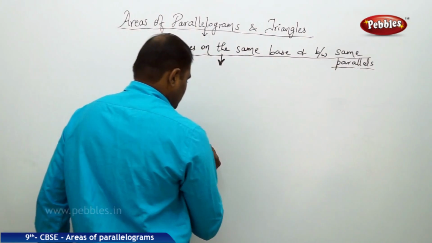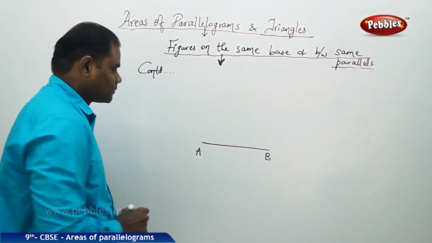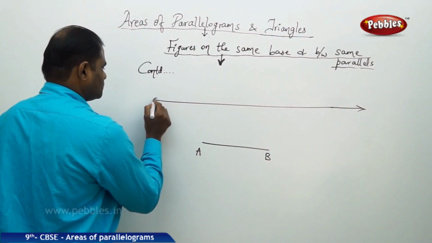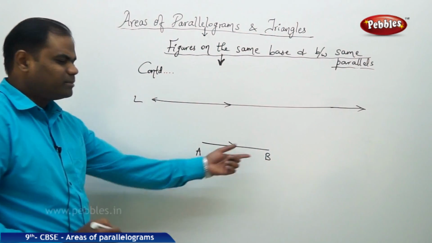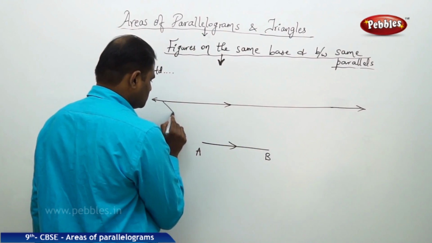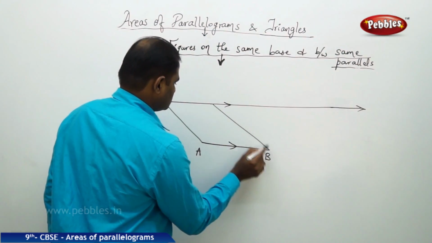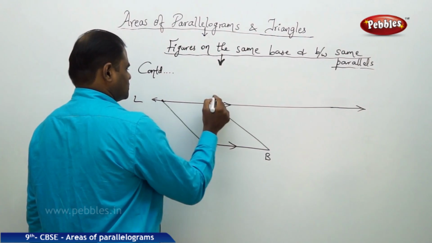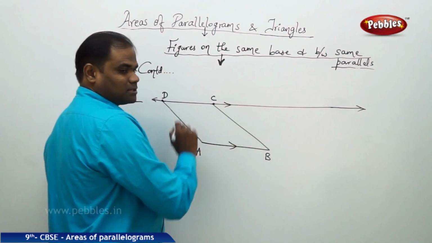Now here, let me take the base AB and let me take a line which is parallel to this. Now AB is the same base, and let me take two points C and D, where ABCD is a parallelogram,